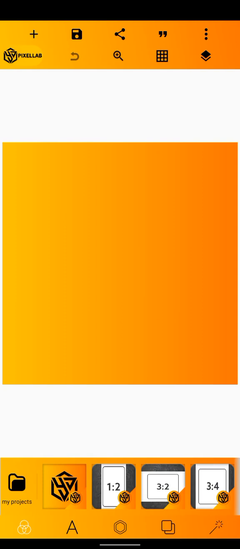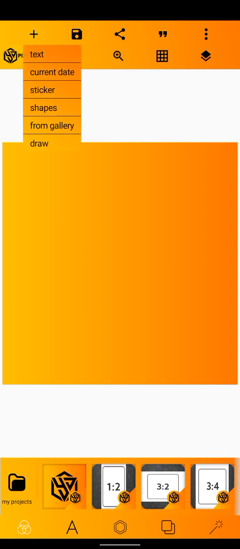I'll be explaining each tool one after another, and I'll be making a design out of this tutorial. I'll try as much as I can not to make it long. So let's get started. First of all, if you look at the screen, you will see a plus sign here. Can you see the plus sign there? When you click on it, you will see